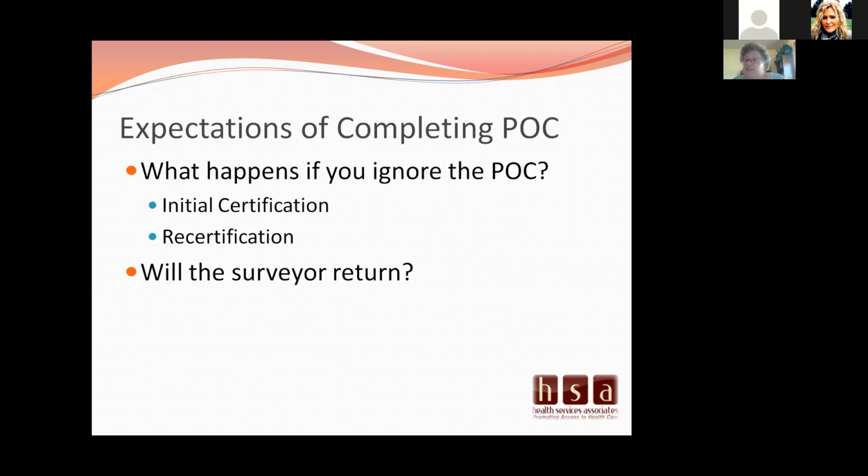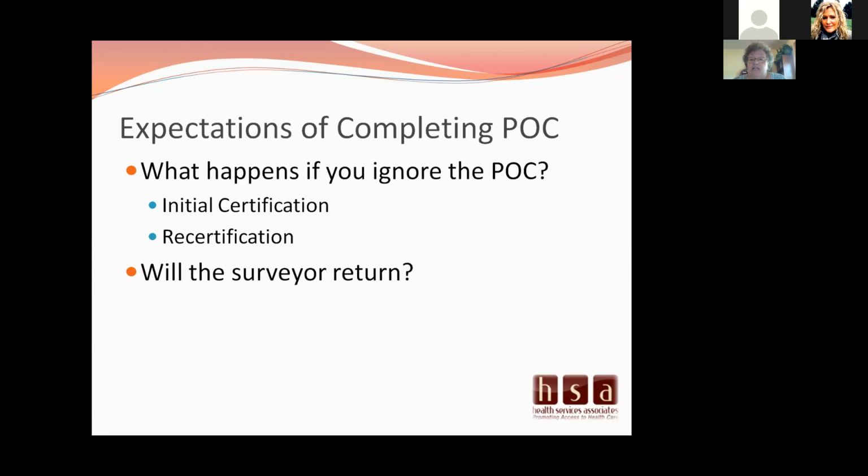Will the surveyor return? The ultimate answer is, who knows? You may only have had one deficiency and taken care of it, and you may have had 10 and taken care of them, and nobody returned. Depending on the number of conditions, that sometimes tends to be a trigger.